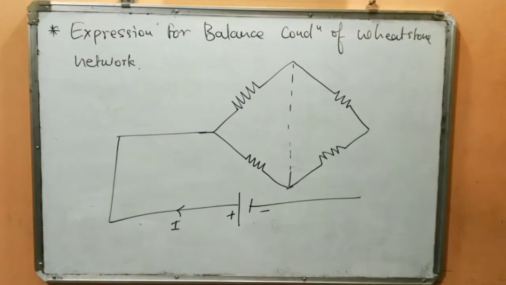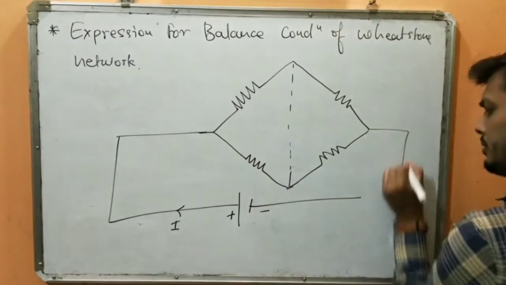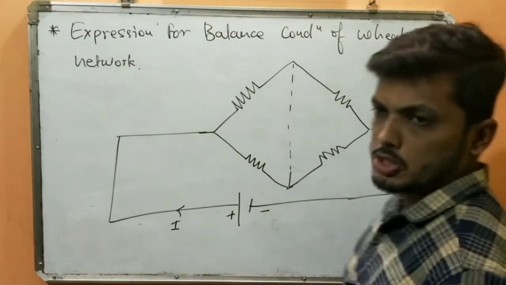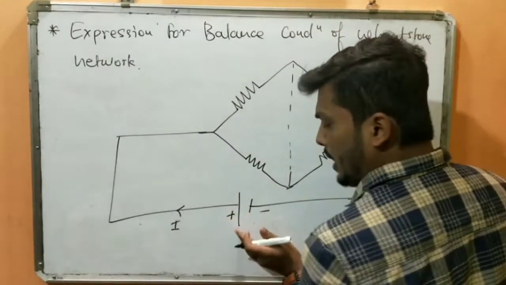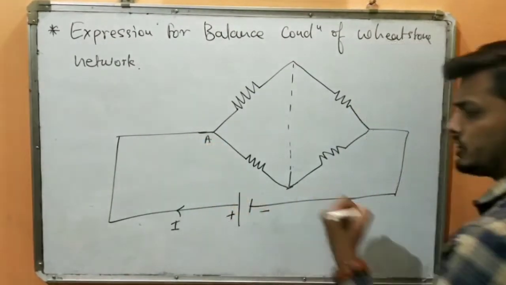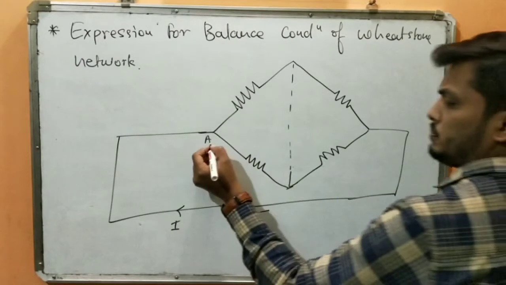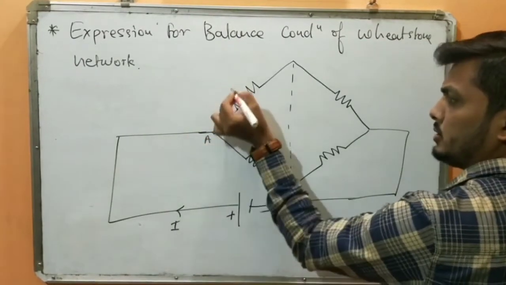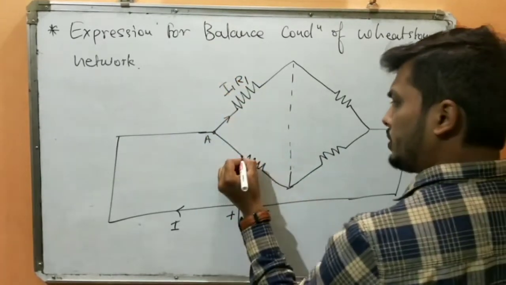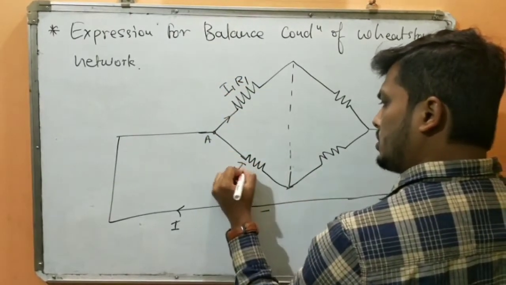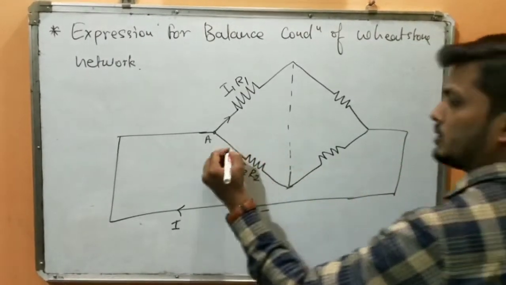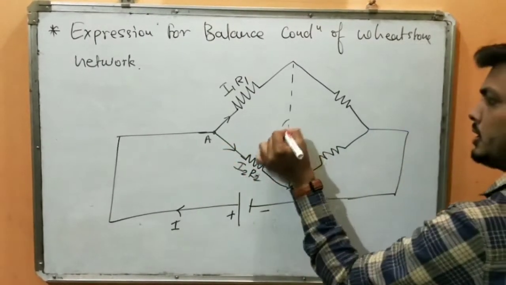Okay, now students, look carefully here. This is a typical diagram of a Wheatstone network. Now this battery which is carrying current I, or maybe a cell, you can consider this as a cell. This is node A. This will have current I1, R1. This will have I2, R2, and here look at the arrow mark,